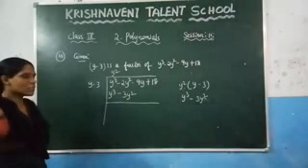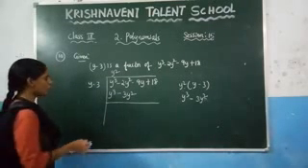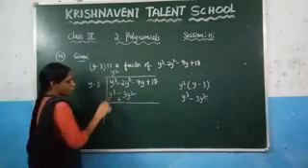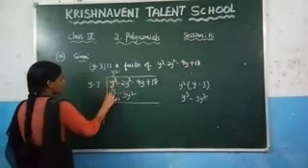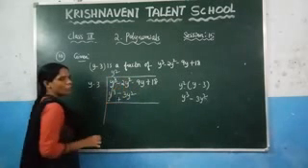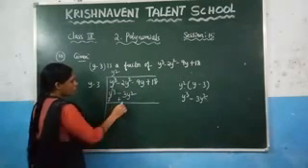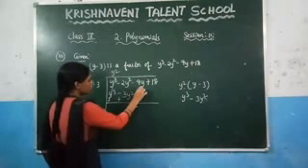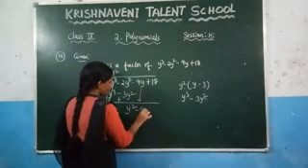Now, what is the next step? You need to change the signs. Here plus is there, so keep minus. Minus in place of minus, you need to keep plus. These two will get cancelled. And what is there here? Plus 3 minus 2. The value of 3 minus 2 is 1, so 1 into y square, which is y square. Now you need to bring this one down, minus 9y.